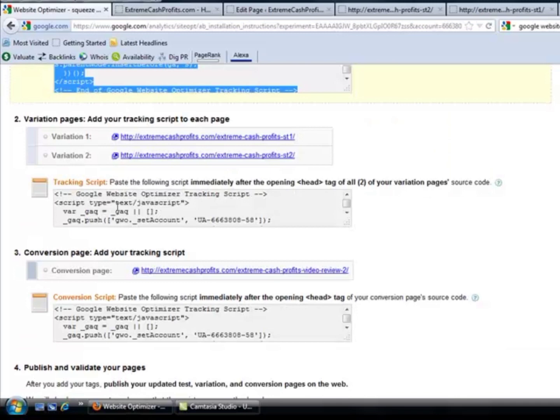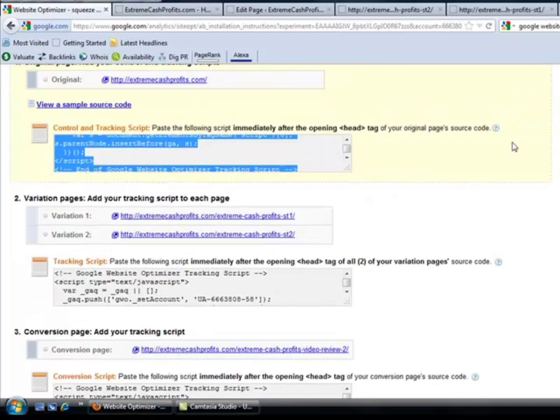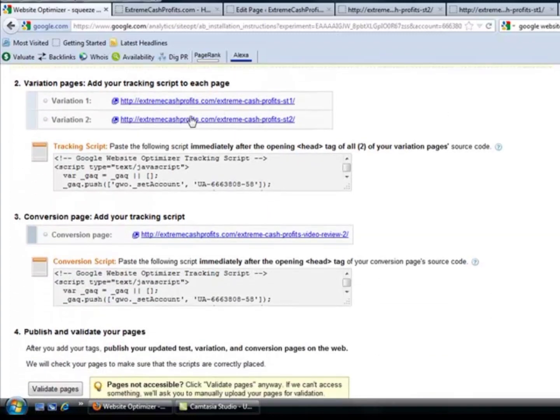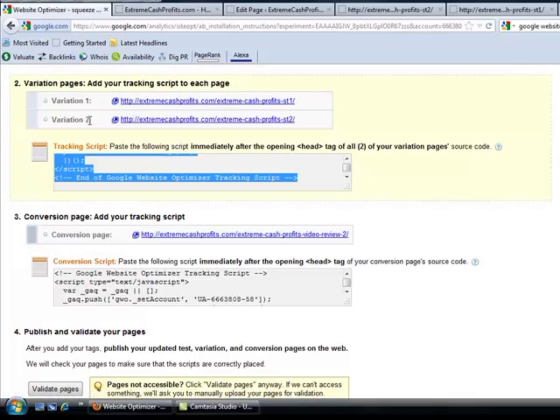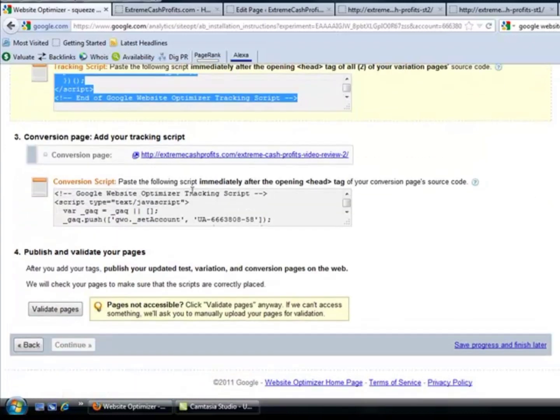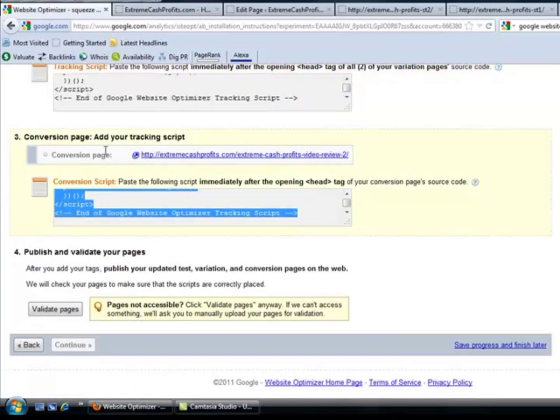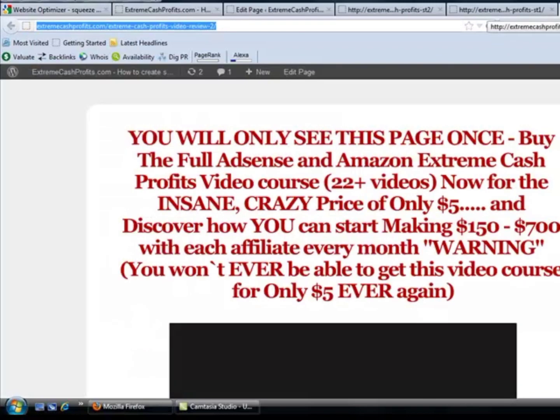Don't put the same code in, you need to make sure it's different, because this is for your main squeeze page, and your tracking script for these are for your variation pages, so make sure you don't use the same one for your main squeeze page and your variation pages. So you copy the script, put it in your variation 1 and variation 2, and then lastly you copy this link here, this code here, and put it in your conversion page, which is going to be your one-time offer. So it's very simple. There's only 3 things you have to do,